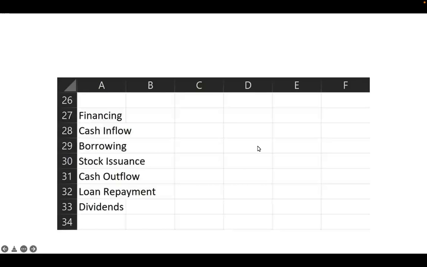This is how it would look like if you are preparing it in Excel. So financing by way of cash inflow. Cash inflow would include borrowing from the banks, stock issuance to the owners and the suppliers, cash outflow by way of loan repayment,